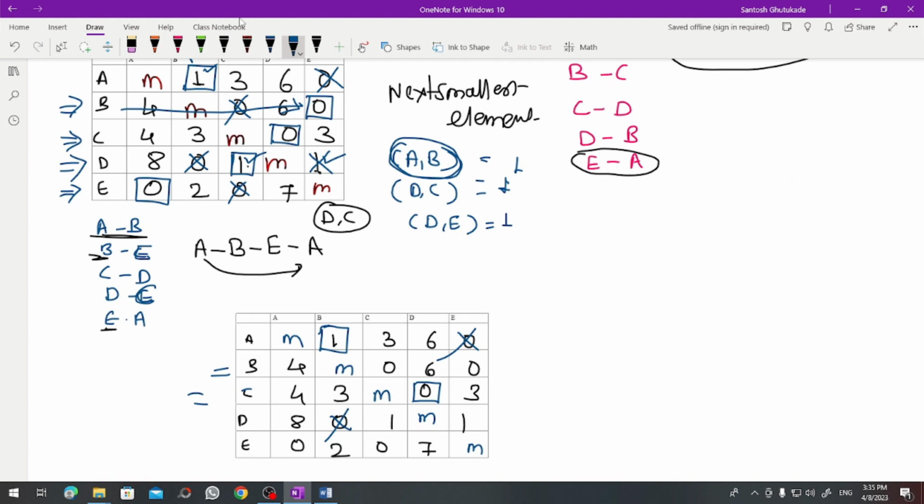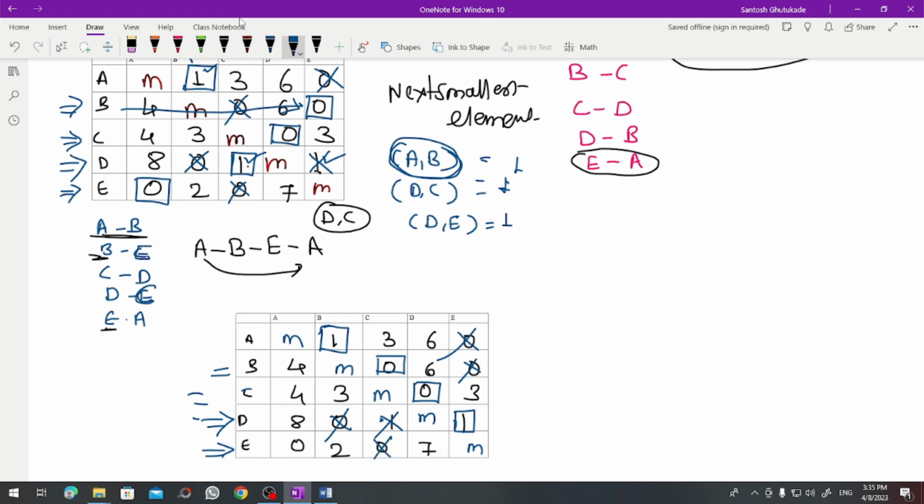Then coming to row D, initially we had given the allocation at this one, but now I am giving the assignment here. Then crossing this zero, at the same time this zero will be crossed. Then coming to the last row, here 2 zeros, so we will skip this, we will check for when there is only 1 zero. Again come back to the A row, the assignment is already given. In row B only 1 zero is left, so I will give the assignment here and cross this zero.